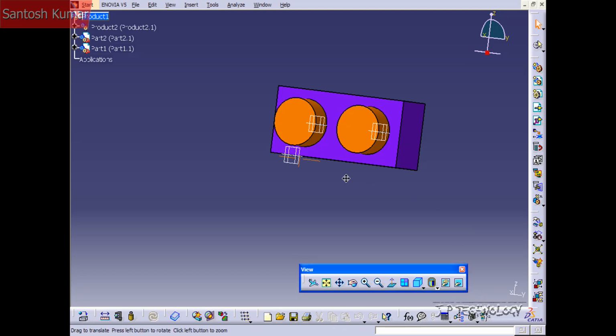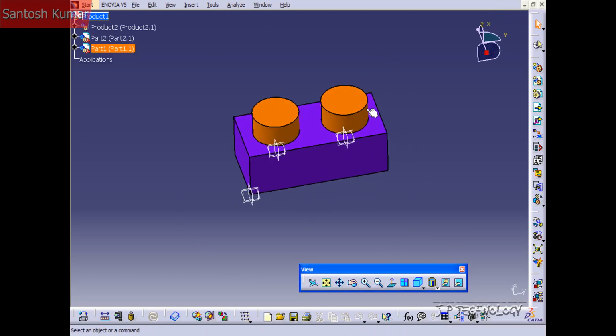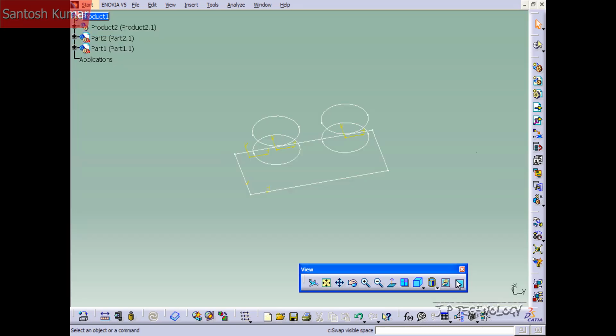Now, in the last one we were hiding some of the components, but really, where are those components going? And where that is in the other space. So if you click swap visible space, you get another space that shows what is not shown to your face in the other space. So everything that is hidden, so you might find sketches, work planes and whatnot, and it'll